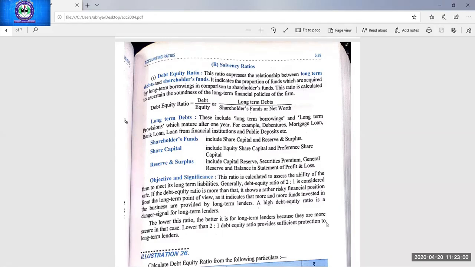Liquidity ratio. Why? Because the creditors have to take back their money from the business in a short period, maximum 3 months period credit is allowed to the debtors. So any person who has to take back his money from the business within a short period will be calculating liquidity ratio. They must be interested in the liquidity position of the business.